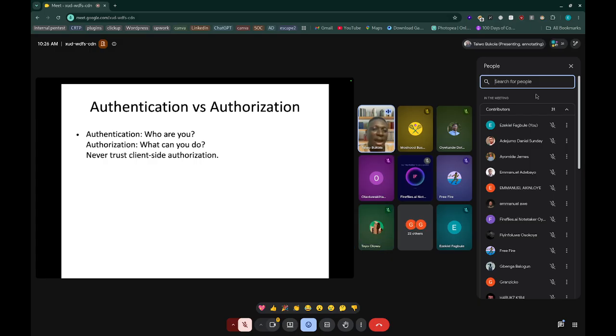Because a user can manipulate the price. There can be a man-in-the-middle attack in which, let's say, someone has access to Jumia's raw API and is able to know, okay, this is the endpoint that Jumia is using to deduct from my card, right? And guys are now kind of wise these days, so there are different tools they use. They can send a different price from the front end, intercept the request and change the price. Let's say the price is 5,000, they can change the price to 1 naira.